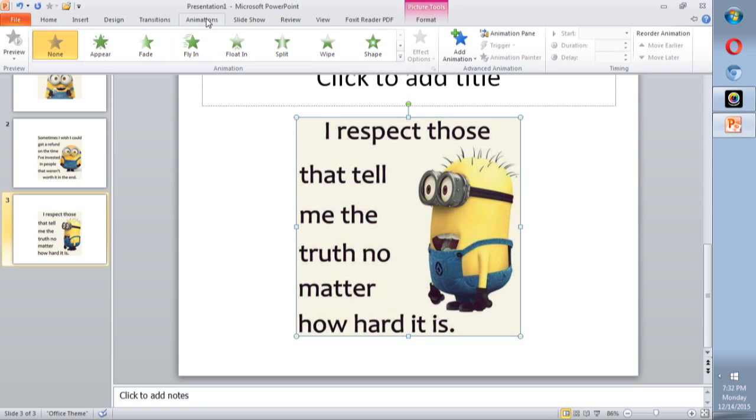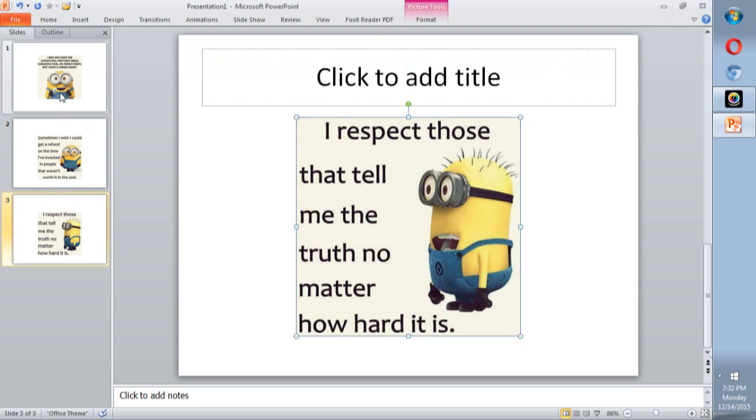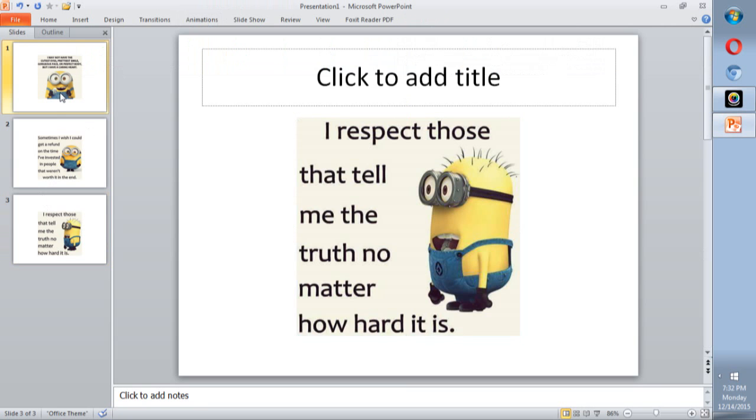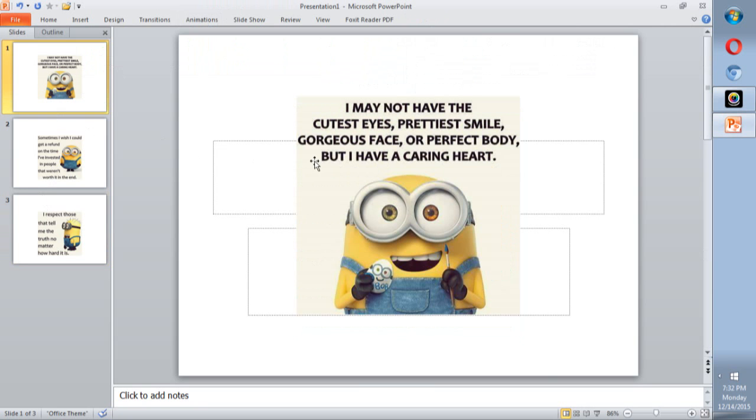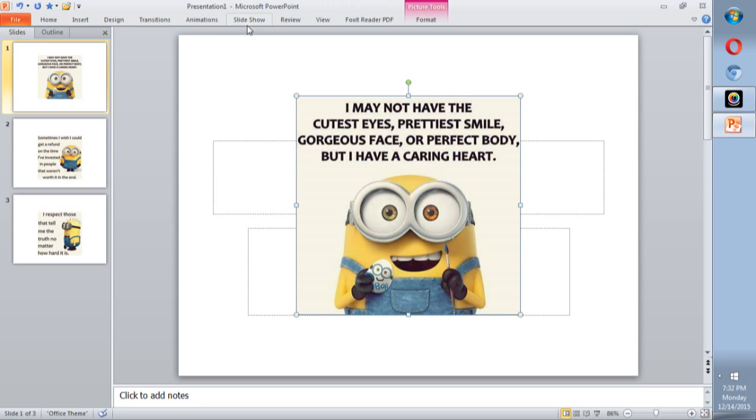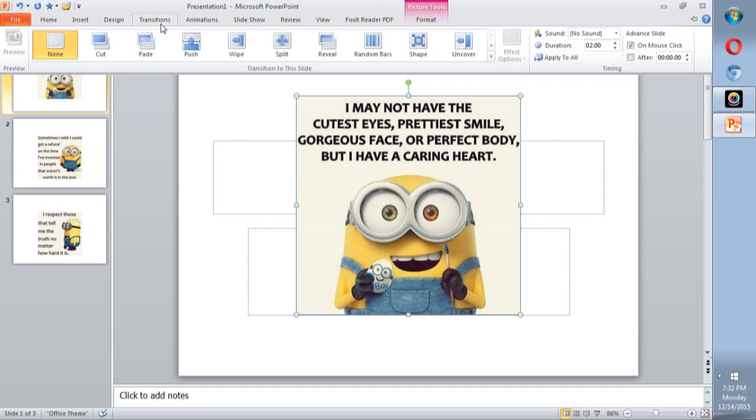Click the Transition tab and select one of your slides. Okay. You click the picture. You go to the Transition tab again.